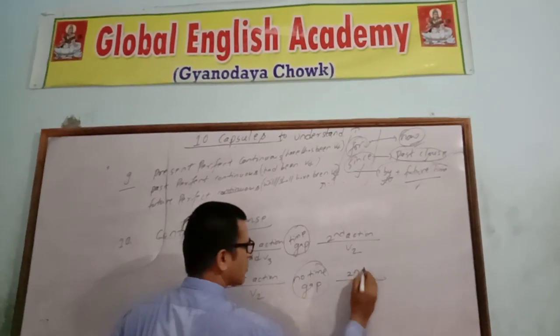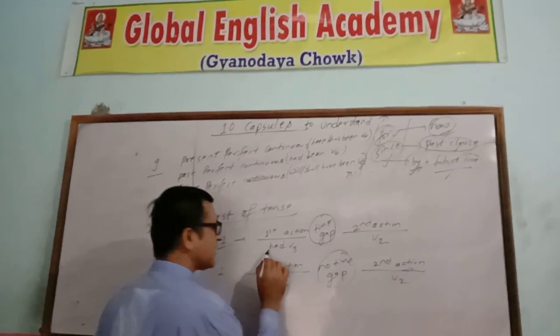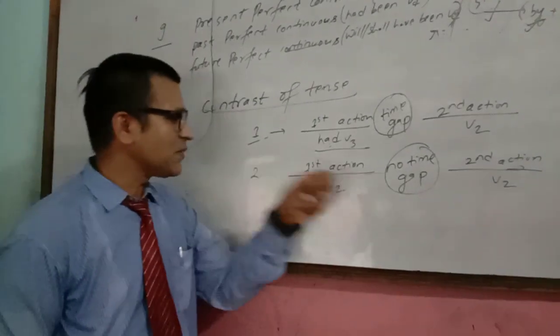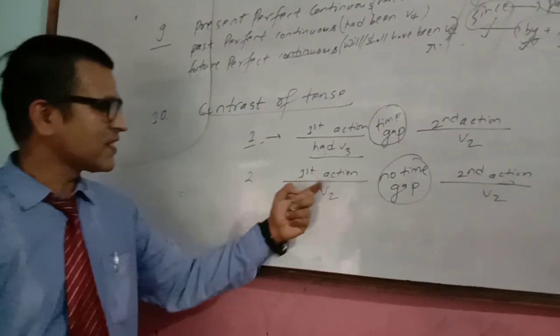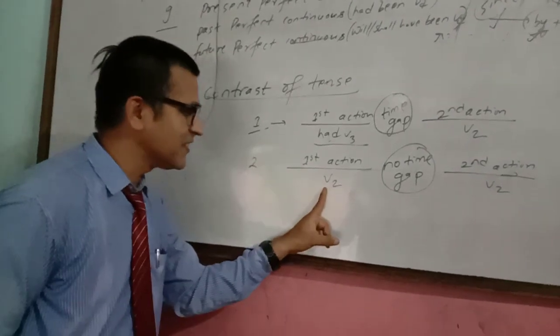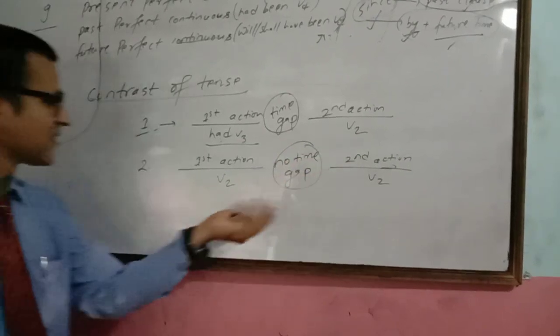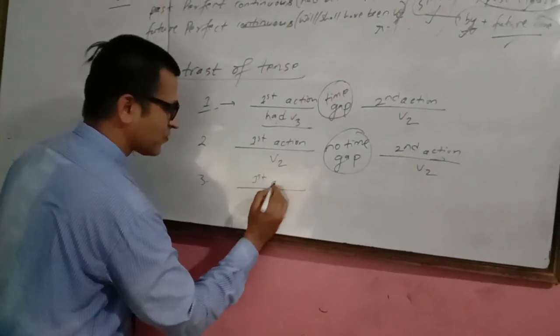Second action also B2. B2 means simple past, but here is the past perfect. Look at that. First action B2, second action B2, no time gap. When the teacher entered, first action, no time gap. The student stood up, right? So now third number is first action,